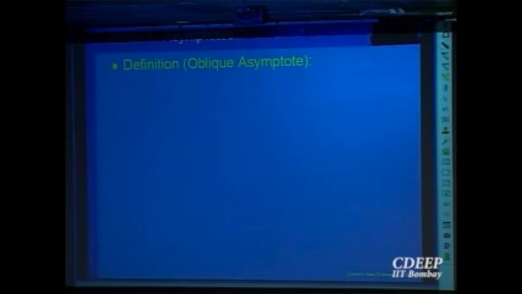There could be other lines, not only vertical or horizontal, there could be oblique lines, or even other curves close to which the function can come. So what does the word asymptote mean? Eventually, what is happening when one of the variables is coming close to something. You can think of the graph of the function coming closer to a straight line, which may not be horizontal or vertical, or it could be coming closer to the graph of, say, a parabola or something. So one says asymptotically it behaves like that.